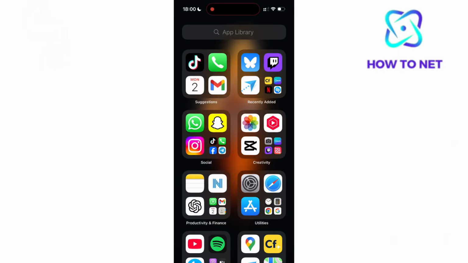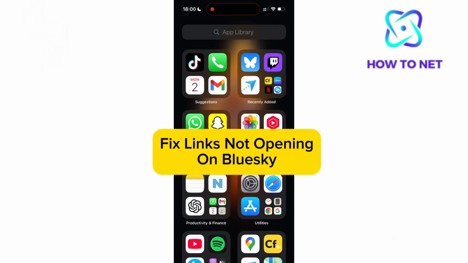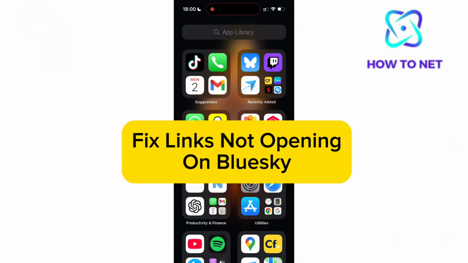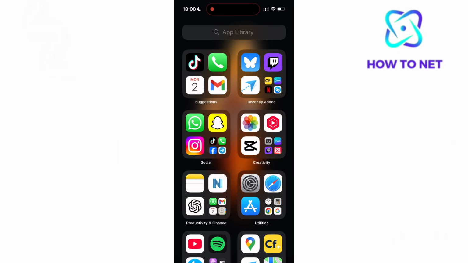In this simple video tutorial, I'm going to share with you how to fix links not opening on Bluesky. Links may not open on Bluesky due to app or browser restrictions, outdated app versions, or connectivity issues. Ensure the app is updated to the latest version and check your device settings to confirm that Bluesky has permission